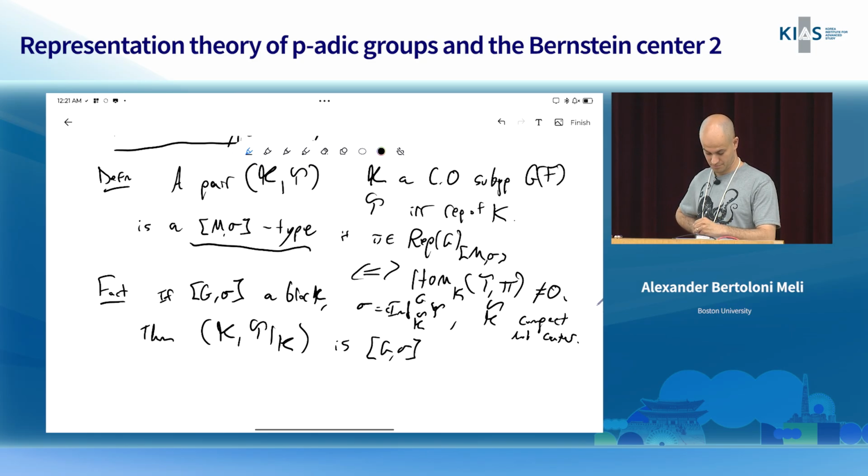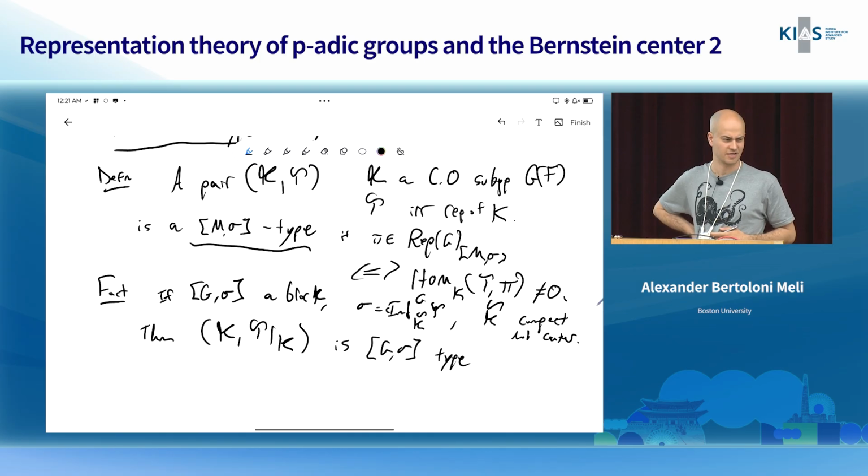Is that restriction irreducible, or do you have to take a random constituent? Oh yeah, I guess it needs to be irreducible. Maybe you can just take a constituent. Oh, but that shouldn't change the reducibility because